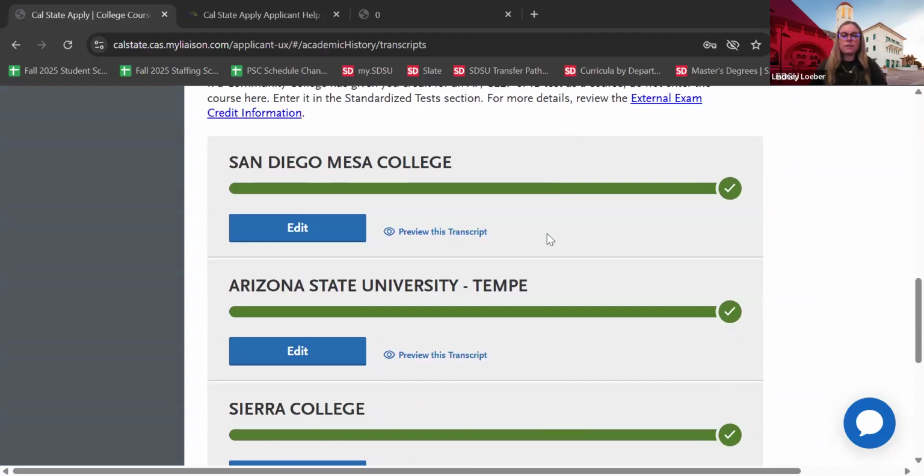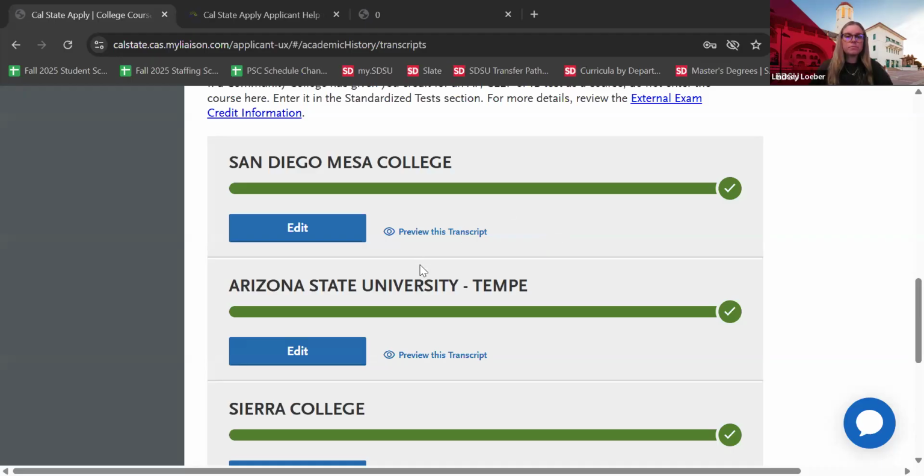One thing that I definitely recommend is to have transcripts, either unofficial or official copies are fine, from all the schools and institutions that you've attended so that you can make sure you are copying your coursework exactly how it appears on your transcript. So rather than trying to do it by memory or from what maybe your counselor had told you, it's best to have a physical copy of your record in front of you so you can just go ahead and copy